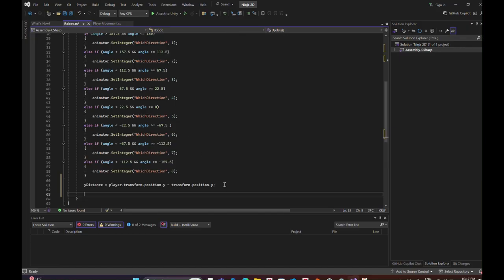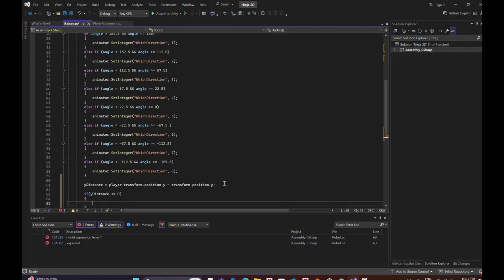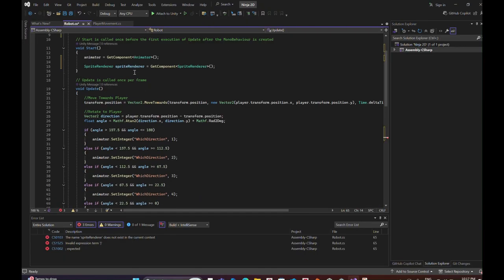So, with that in mind, I have to put if y distance is smaller or equal to 0, or if it's a negative number, then sprite renderer dot sorting order equals, first I need to